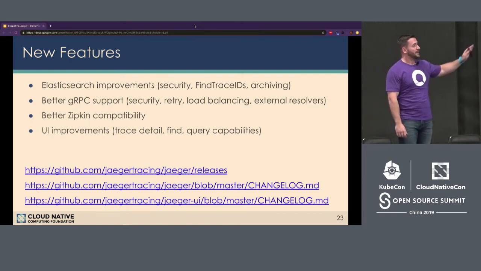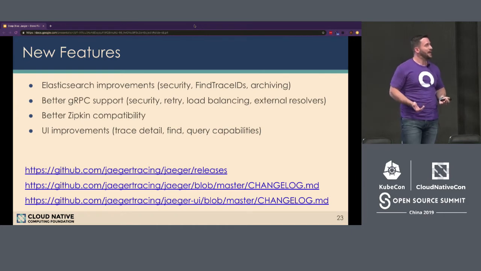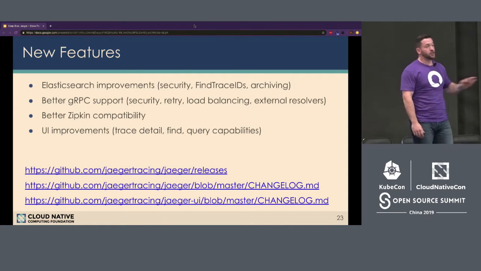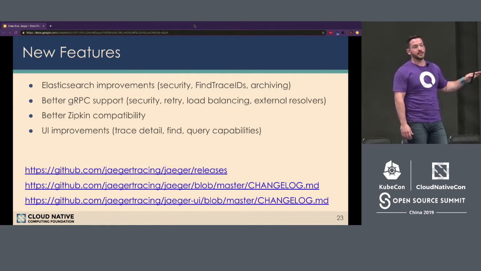So for example, Elasticsearch being one of the primary backends, there's been a lot of improvements to the security side of the house to ensure that it's hardened to best practices, to ensure that your data is secure in that database. gRPC support is natively being added to it. They see that as the future. In fact, the front-end query interface was recently migrated over to gRPC in order to get data out of the backend.